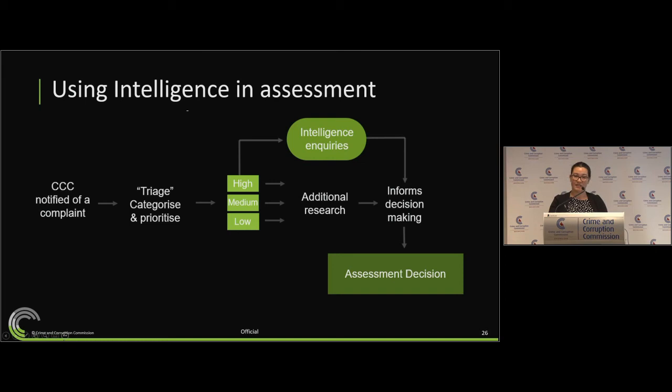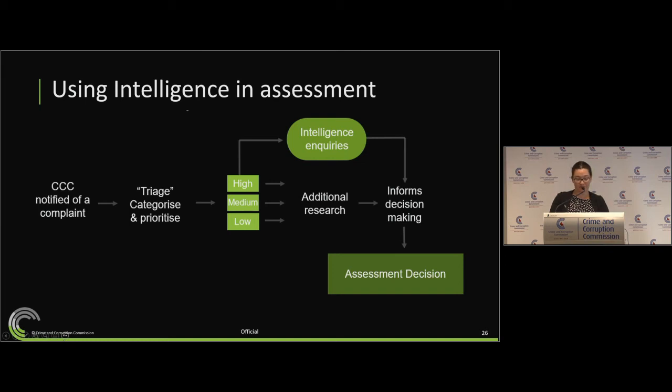Sometimes our intelligence officers have access to a broader range of agency holdings that might be useful, and there may also be the conduct of extensive online searches, such as social media checks. Typically, our intelligence officers have a much more advanced capability around interrogating databases, analysing data, and identifying patterns and trends. They're also quite skilled at navigating online to minimise their digital footprint and avoid alerting any subject officers of our